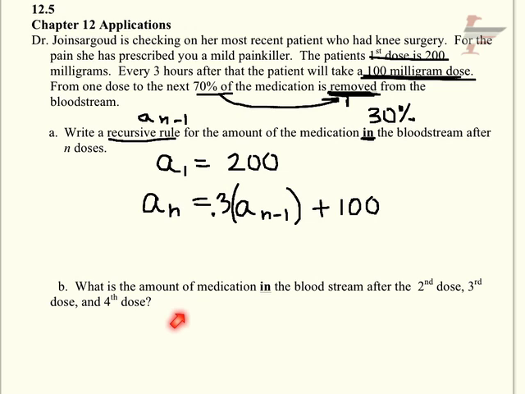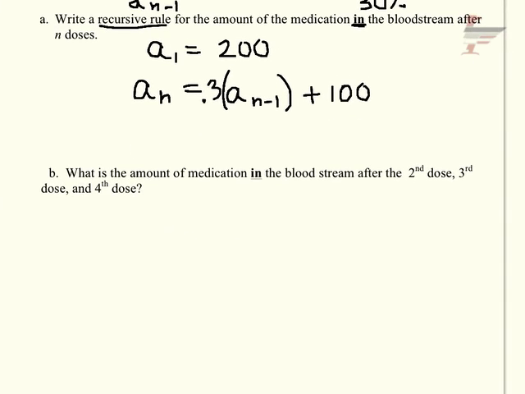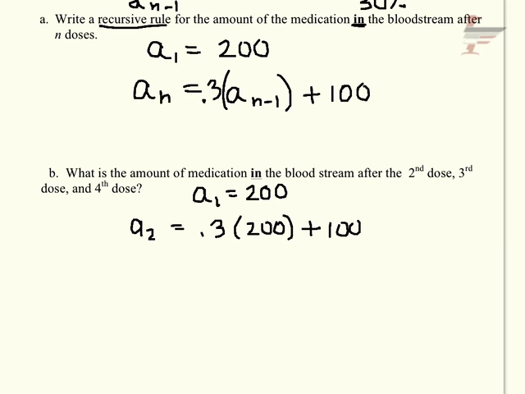Then part B says, what is the amount of medication in the bloodstream after the second, third, and fourth dose? So that is just a matter of plugging in. My first dose is 200. My second dose is going to be 30% of my previous 200 dose plus 100. And of course, you dump that in your calculator and you get 160